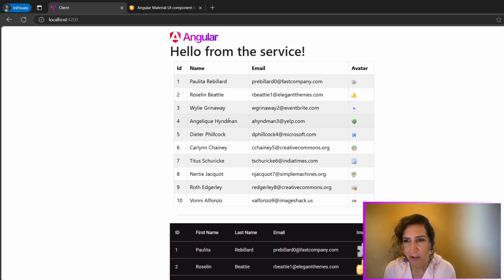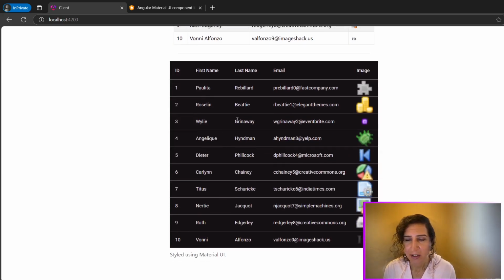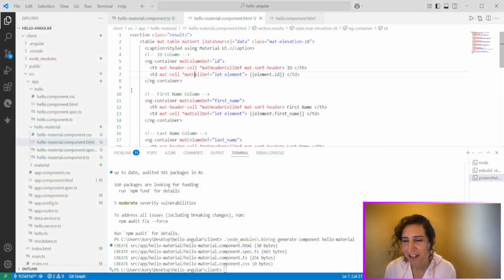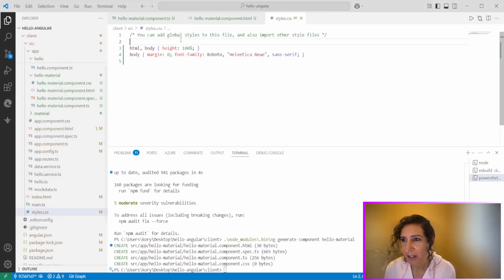You can see there's our original Bootstrap table, and here is our new Material UI table. Now, that's pretty good, but it's a little bit ugly. Let's see what we can do to beautify that a little bit. So the first thing is we can use a style. If you head over to your styles.css and add a new import at the top, imports